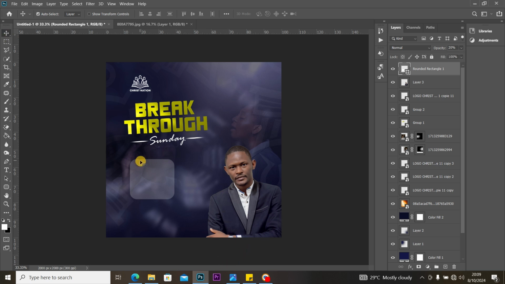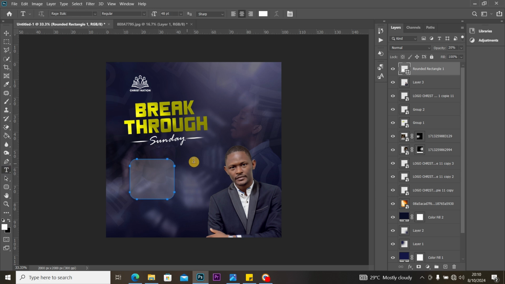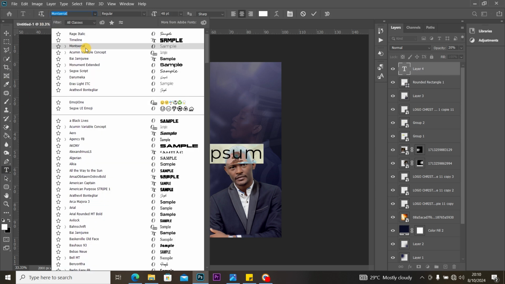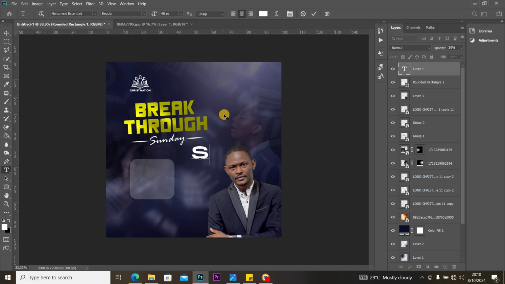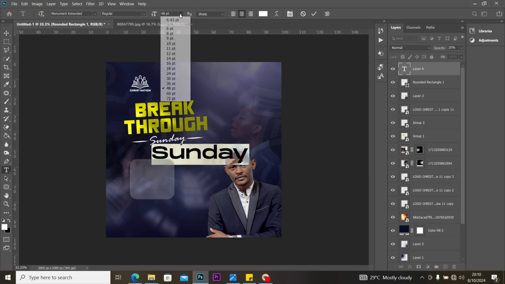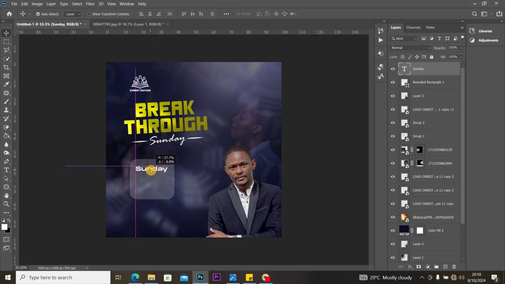And now I'm going to type in the details. So I'll just come here. It's Sunday, 8th August. So I'll just copy this, and for this I'm going to use another font, Monument Extended, and I'll just type in Sunday like that. Select everything, and I reduce the font size to maybe say 14 or something slightly bigger like 16, and I bring it to this position